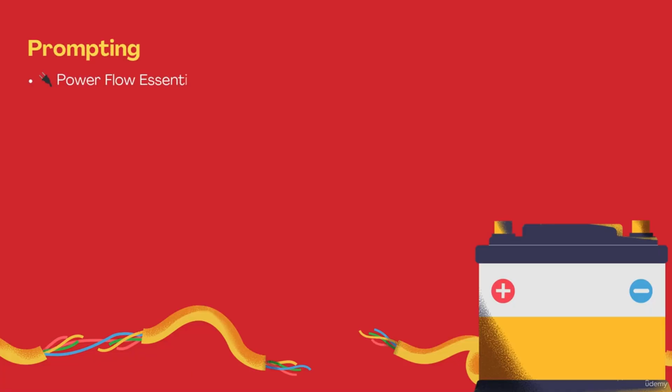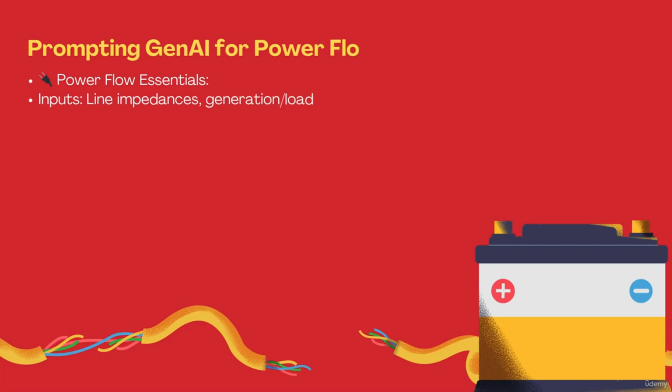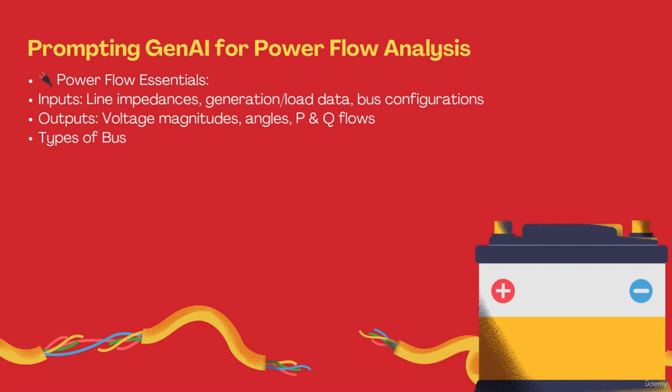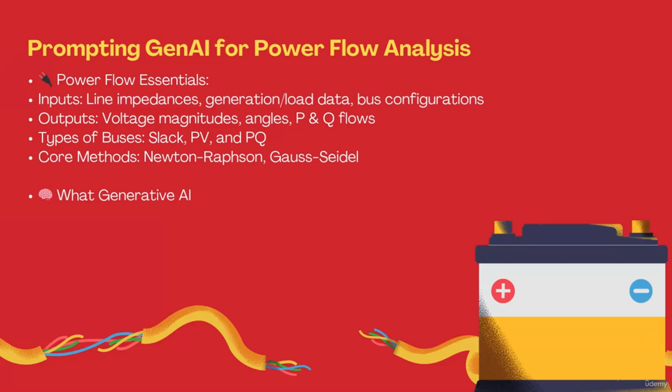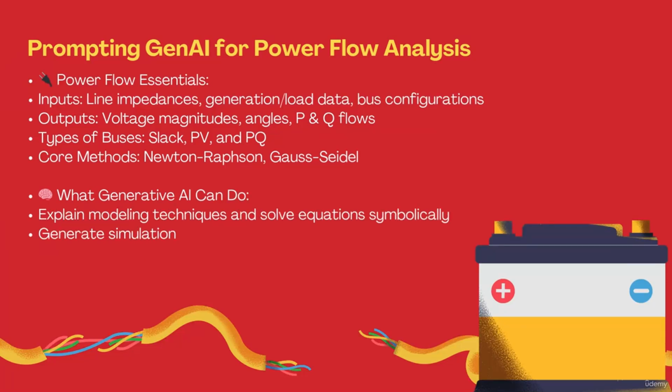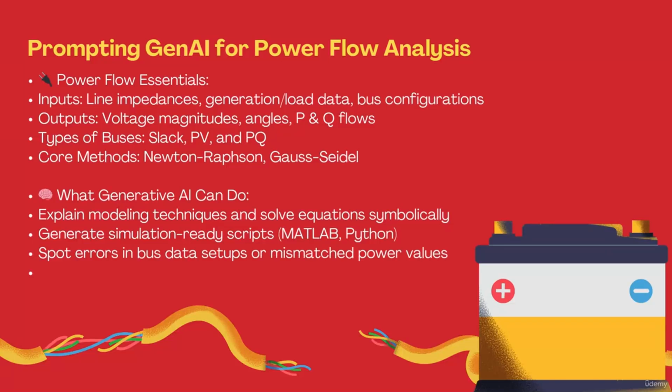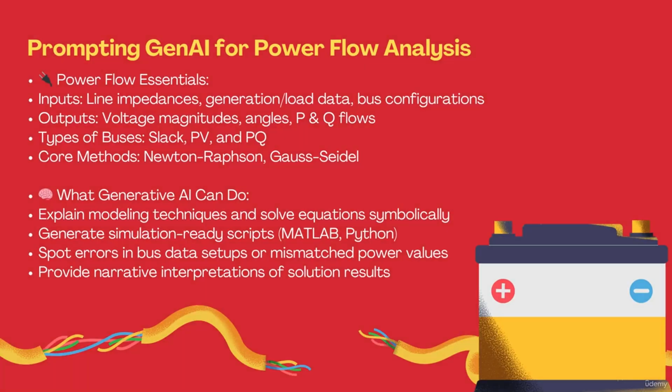Power flow analysis, also known as load flow analysis, is a fundamental task in electrical power systems. It determines the voltage, current, active and reactive power flows across a grid under steady state conditions. Traditionally solved using methods like Newton-Raphson or Gauss-Seidel, this task can now be simplified and narrated by generative AI. With well-crafted prompts, LLMs can help engineers write power flow equations, explain results, and debug mismatches without going deep into